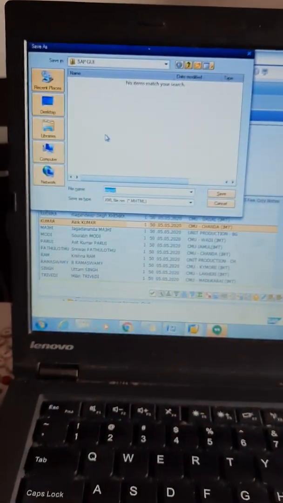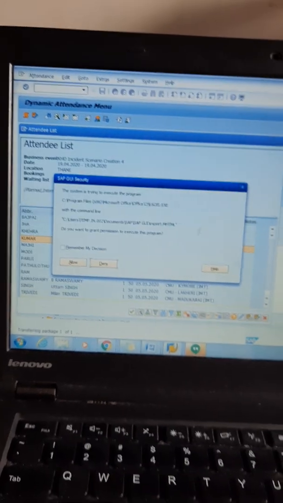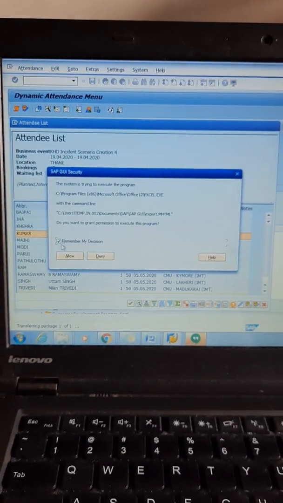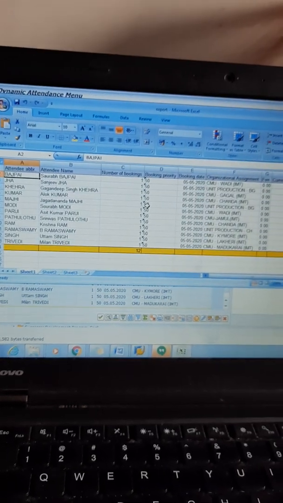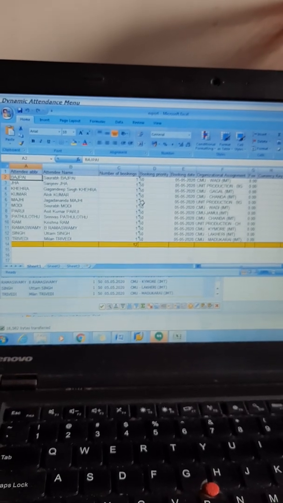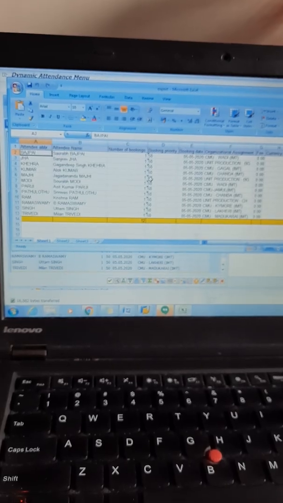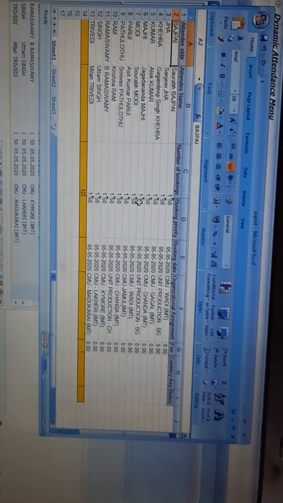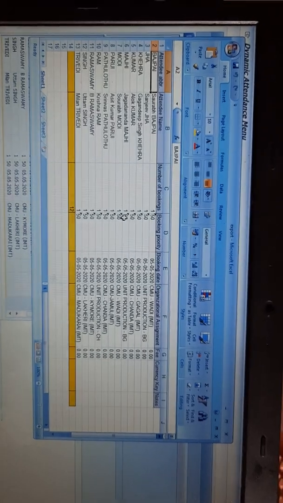You will get this option, which is the server XML file record. Click on save. Okay, tell it to allow. Once it allows, the record will be opened in an Excel sheet. Guys, always remember, whenever you are uploading any data in SAP, try to download and keep this record as a track. You never know, sometimes the SAP backup file will be deleted, and at that time these records might also get deleted. This is how it will look once you download that SAP record.